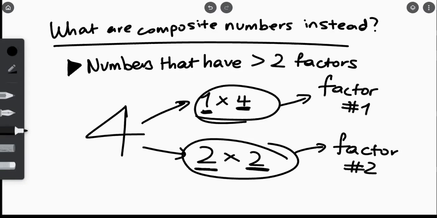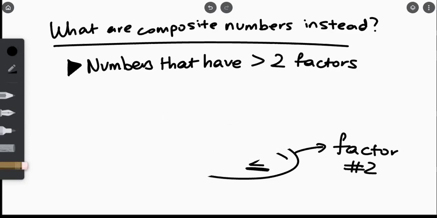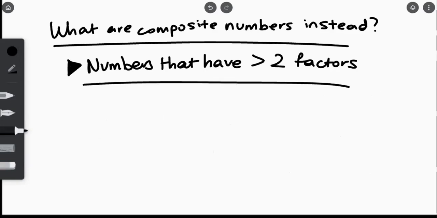Do you need to state the factors in the exam? The answer is no. They will ask you to compare what the difference is between composite numbers and prime numbers. So how do you compare? Simple. Just say that composite numbers are numbers that have more than 2 factors,